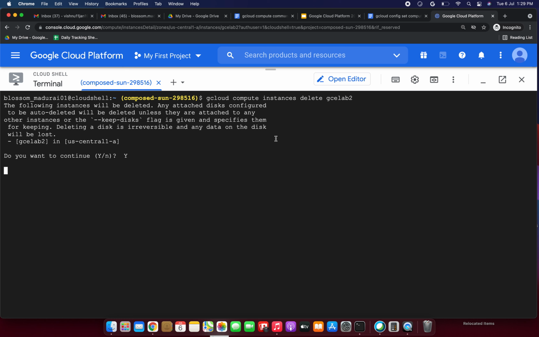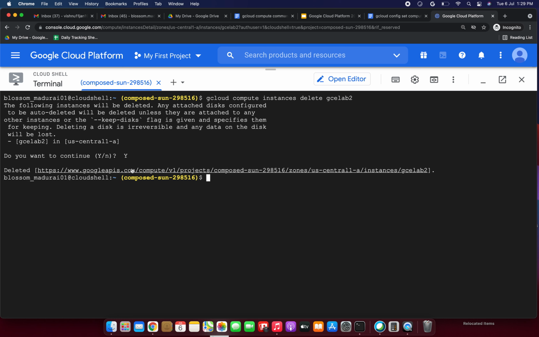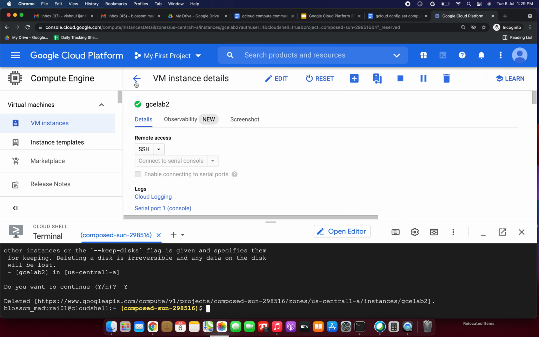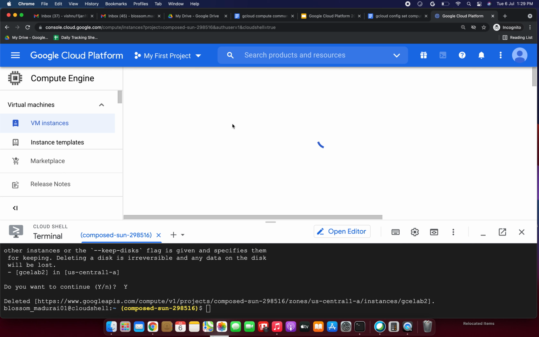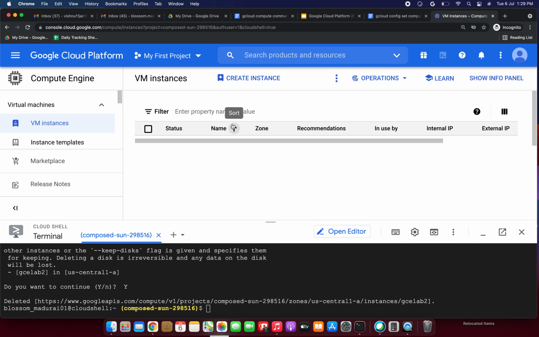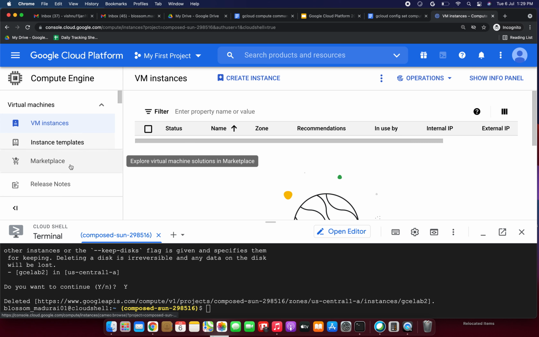Okay, it is deleting now. Now the instance has been deleted successfully. If we go to the console and click refresh, definitely the instance will not be there. But one more thing: if you look at the persistent disk, it will still be there.